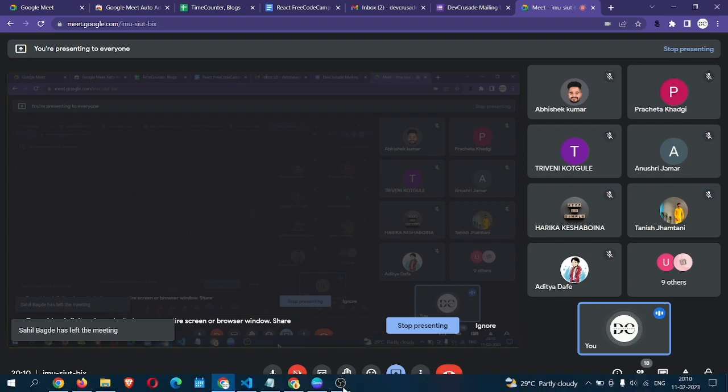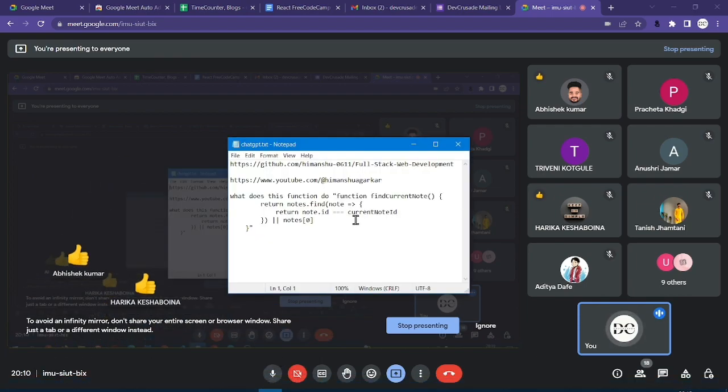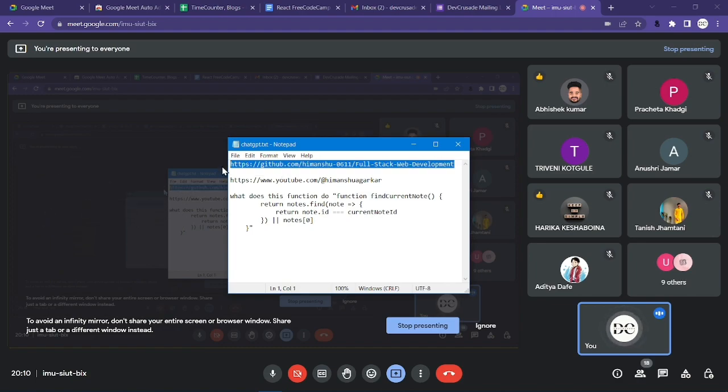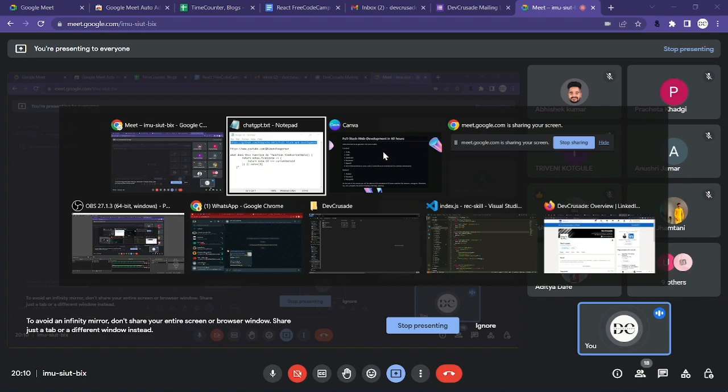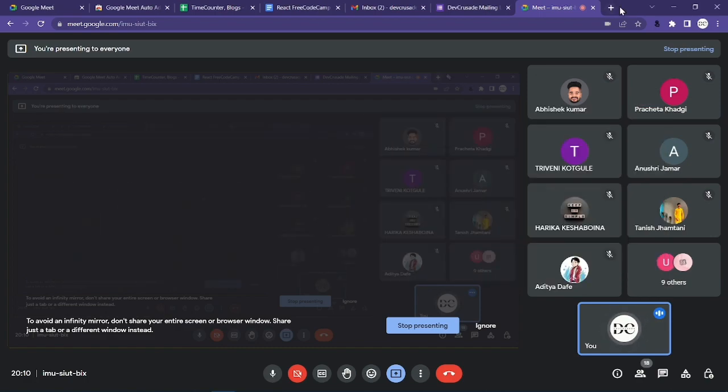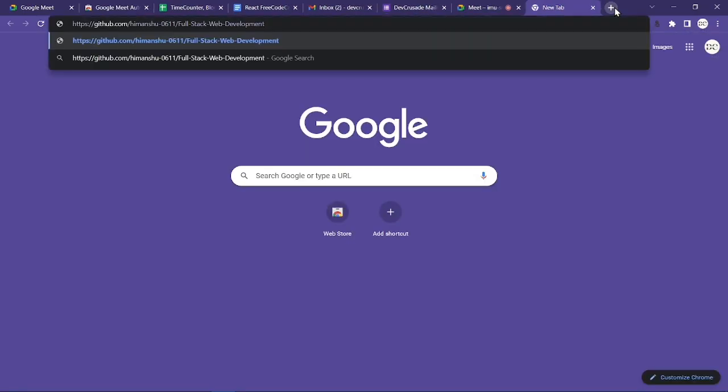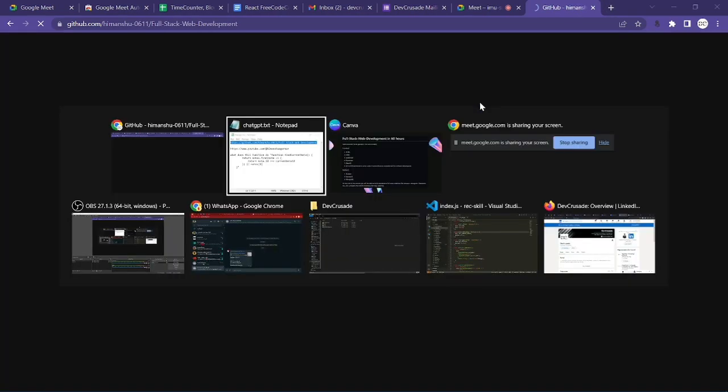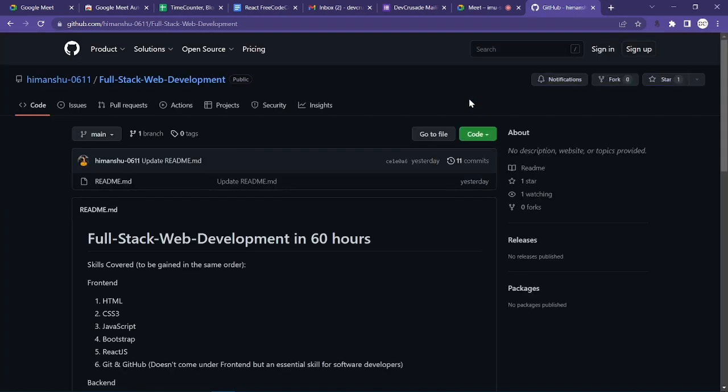All right. In the last meet I told you about the GitHub which we are going to use, so let's take a look at it quickly. This is the GitHub URL. We use GitHub for nothing but version control, and you will learn the deeper meaning of this terminology later.